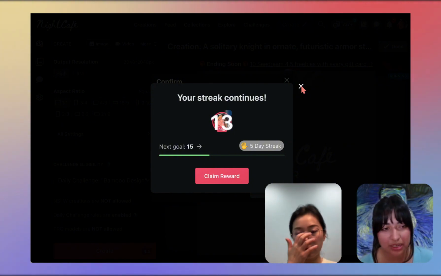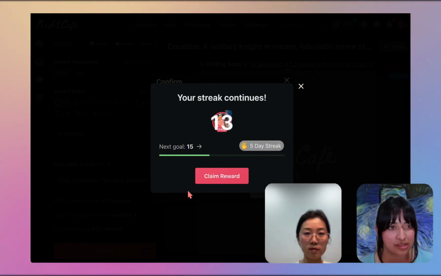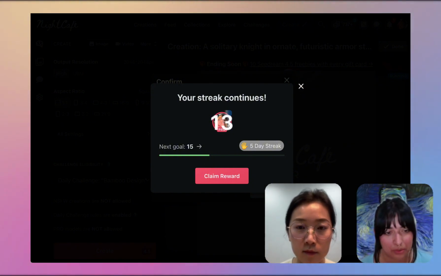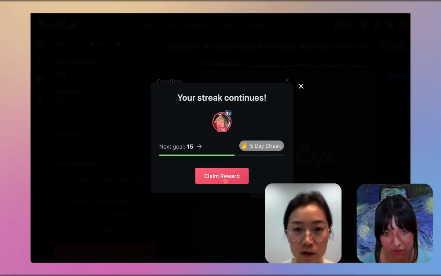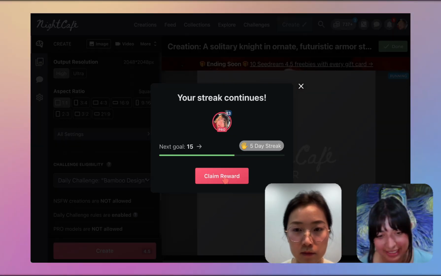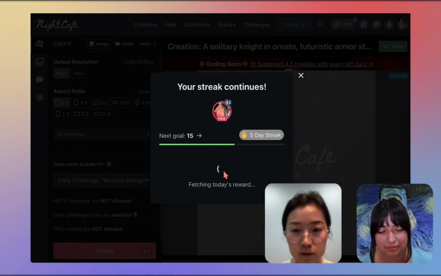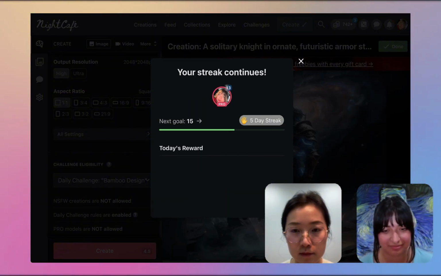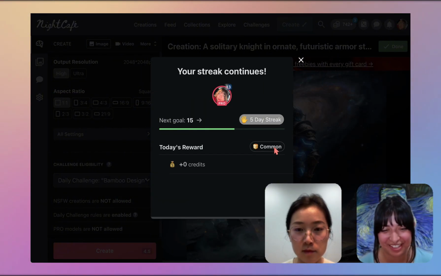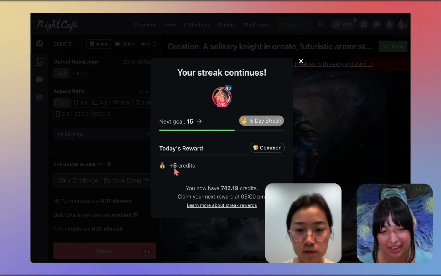And also, just while we're here, I want to show the price comparison for Nano Banana Pro and Seedream 5. So we actually get a free creation because this is my first one of the day. So I'm just going to go through that. And then I get my streak. Yay. Let's see what I get, guys. Confetti. This is totally unintentional. I got a comment. This is like a blind box. It's pretty funny, but